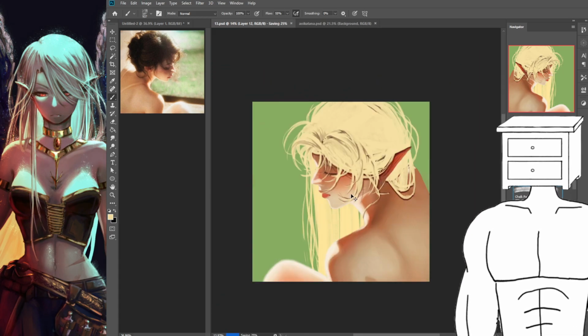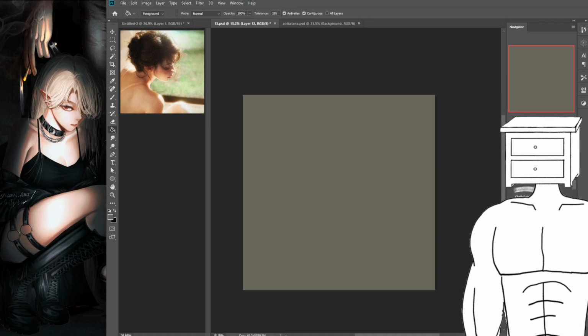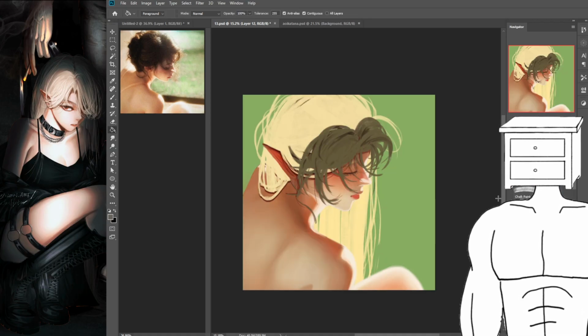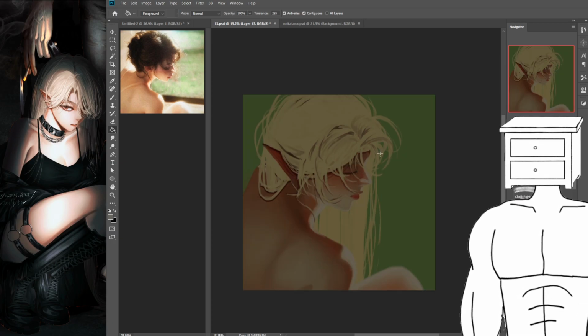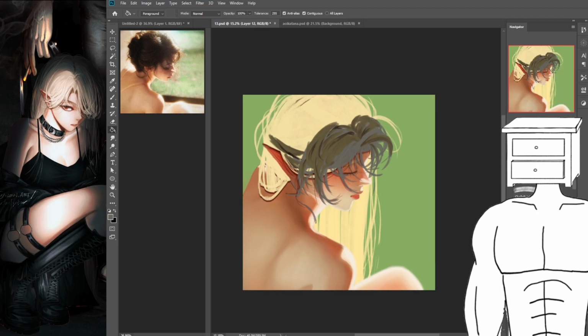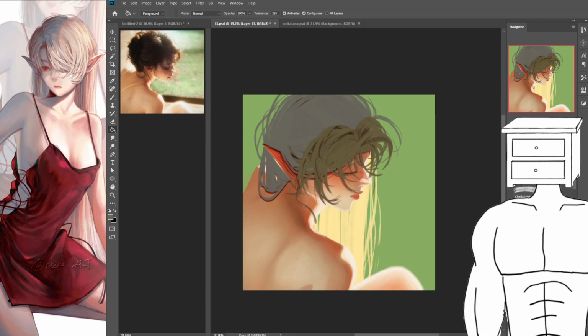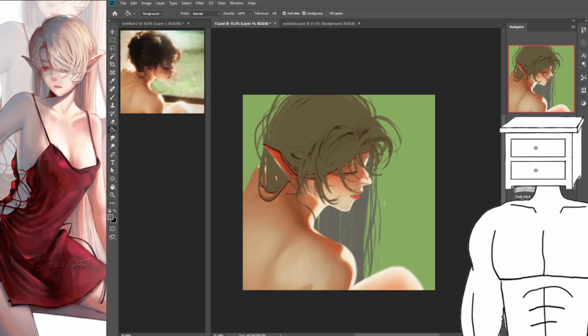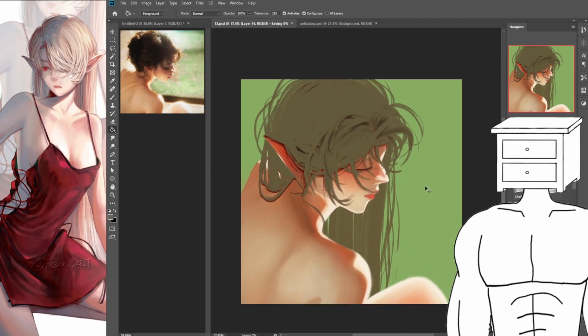I forgot to add shadows. Fuck. I yapped too much. I forgot to add shadows. Okay, so